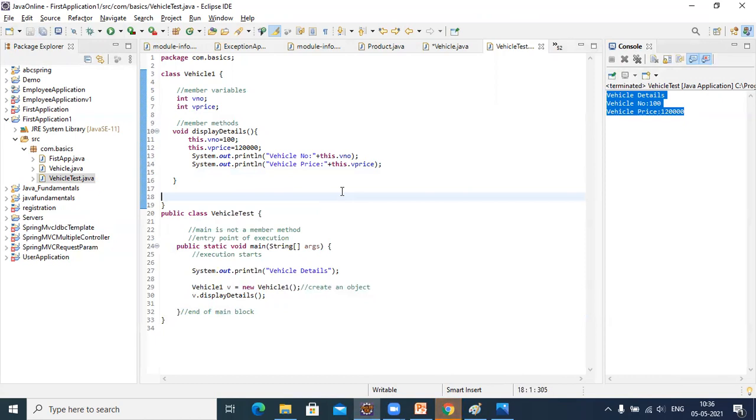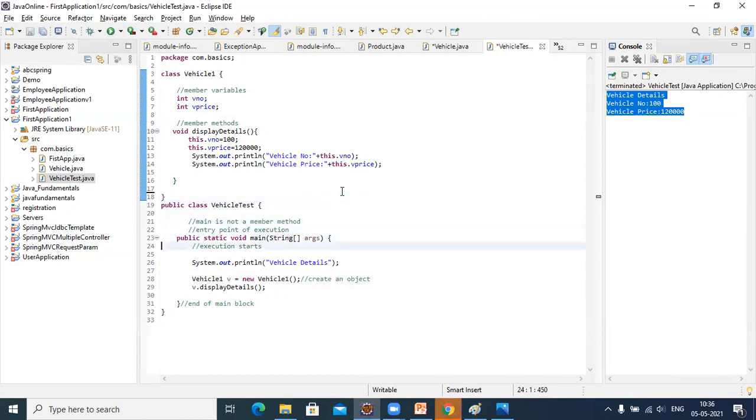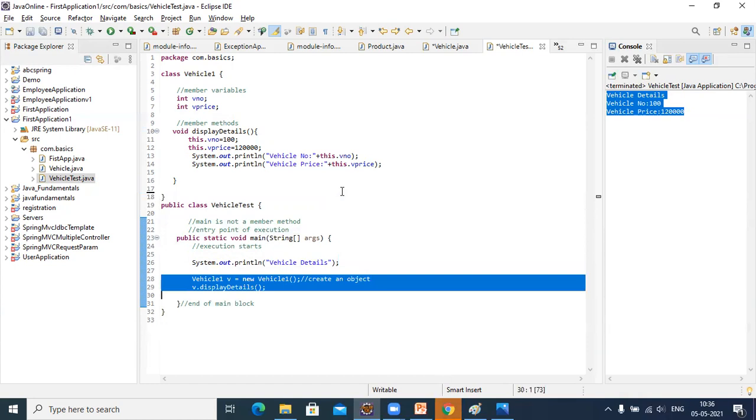Any doubts so far? Go through the code and let me know if you have any doubts.